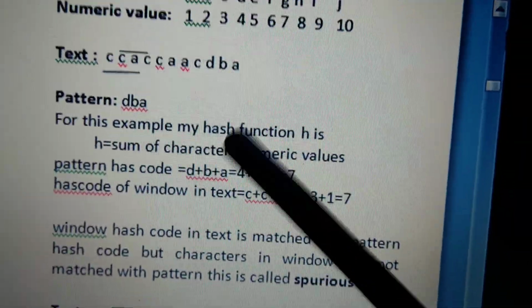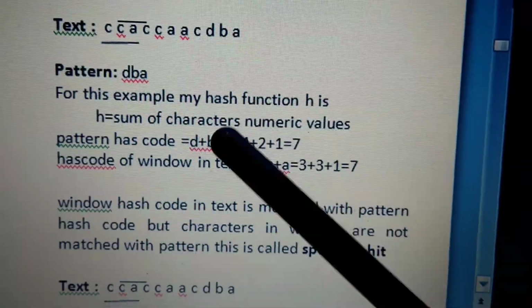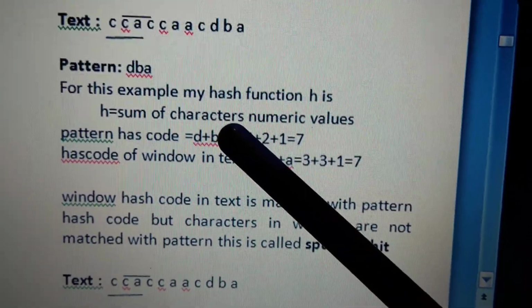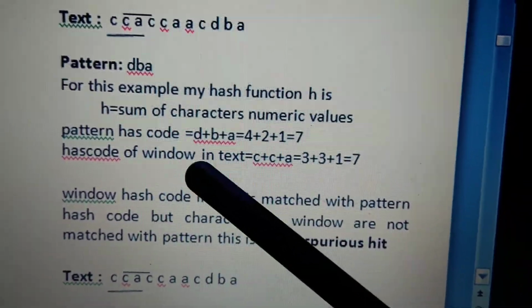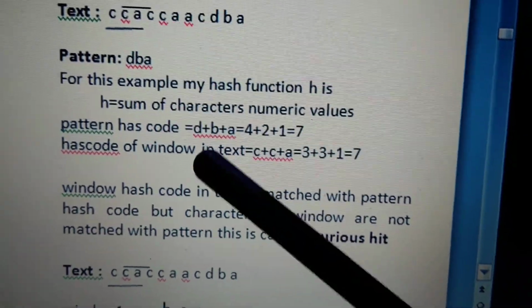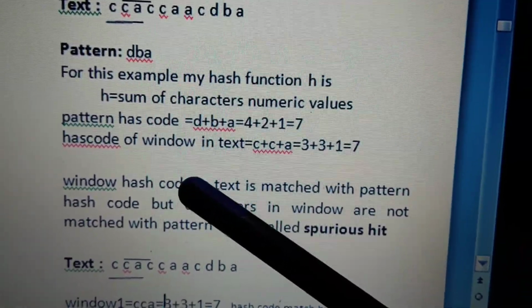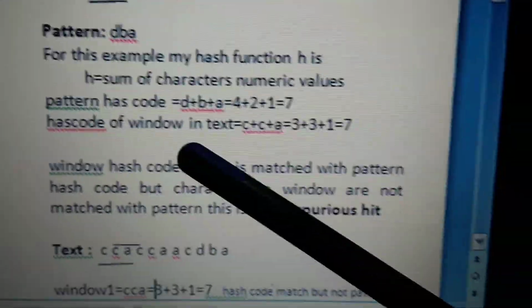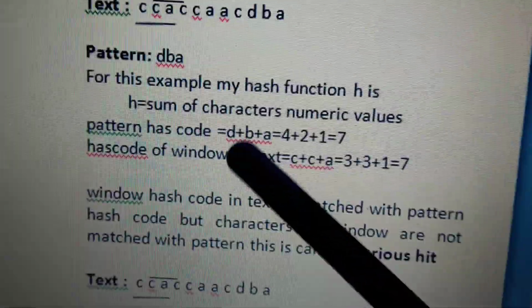Now in the algorithm, what we are doing for this example is, already we know two things we have to do. First we have to find the hash code for the pattern and the hash code for the window of a text. So initially we start with finding the hash code.